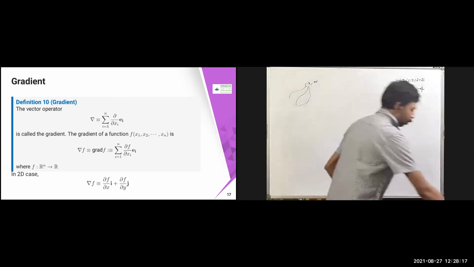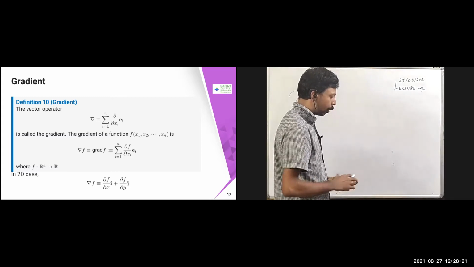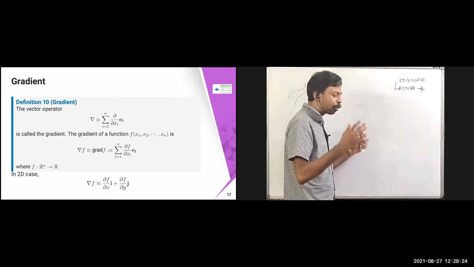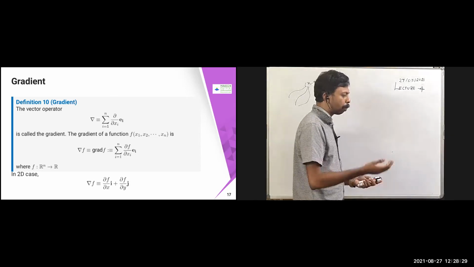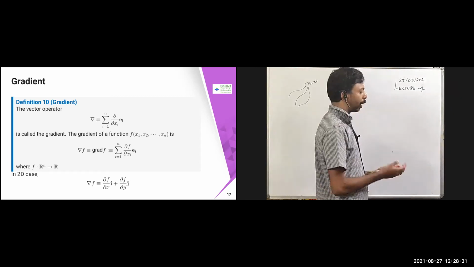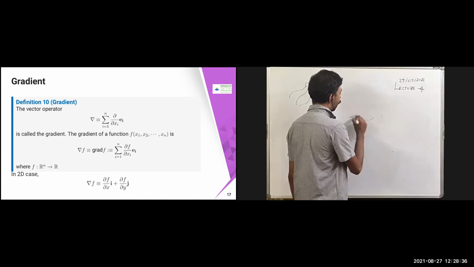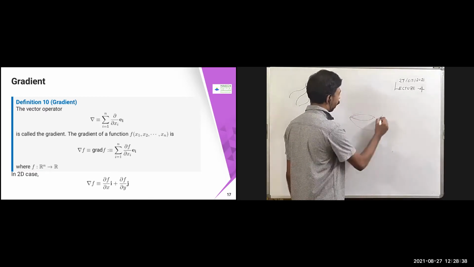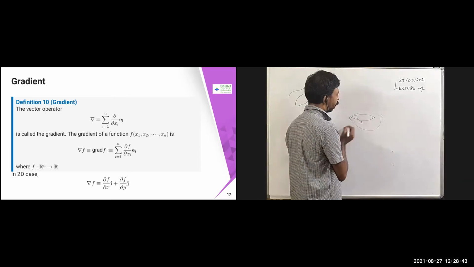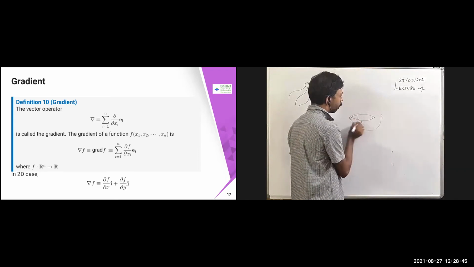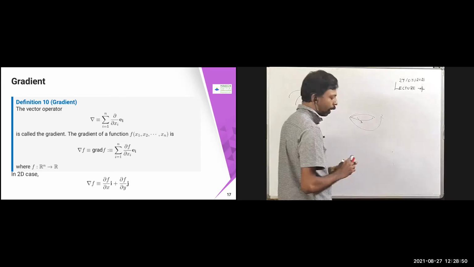For example, the best example we can give is a pan. Like some curved pan used to be there in your home, right, where they make puris and other things. In that case, you can take a surface like this, and you can see how the change is going to happen in this direction. I want to see what the direction and the slope are on this surface. Okay, this is a 3D example. In the same way you can extend it to the n-dimensional case also.